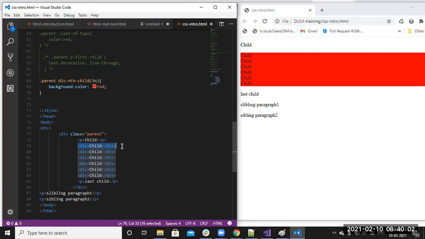Next, div. I have five div tags, right? In that, I want to select the first div tag. Then there are two ways we can write: directly div:first-of-type, then we will get the first div tag. Otherwise, div with a space, since the parent is the div only, so it will by default take the child elements of the parent div tag and give you the result. So don't get confused. That is very simple. Yesterday we were a little confused, but there is no need for confusion at all.